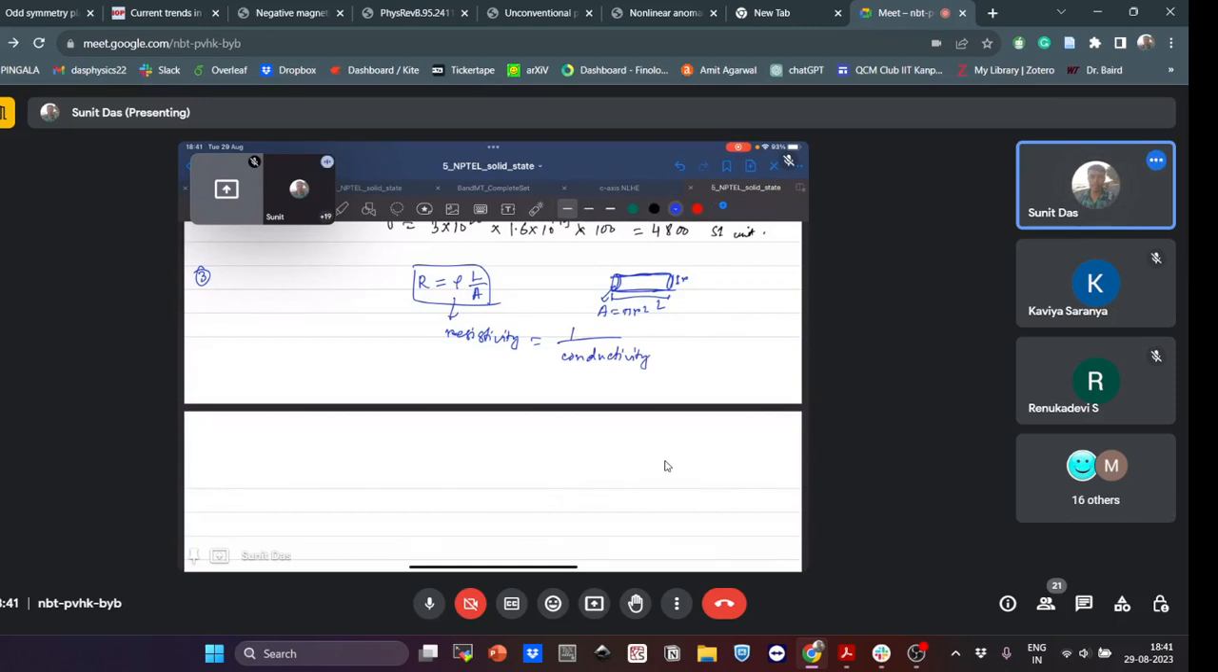Okay, so if we know the conductivity, then for resistivity just inverse it, and if we know the dimensions of the material, the length L and the cross section, then we can know the resistance of the system, and the voltage it generates, voltage V equal to I into R. So the current,